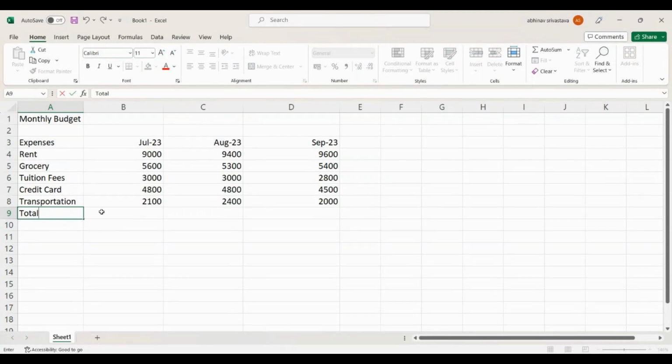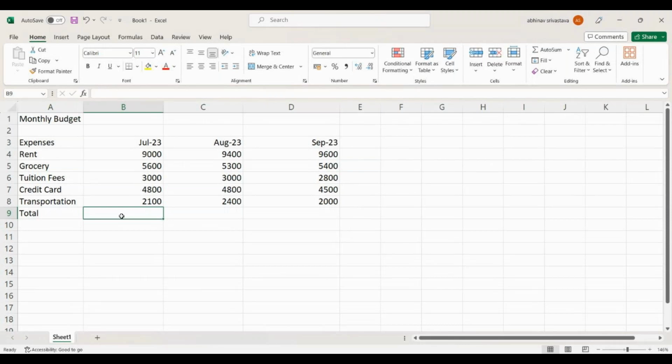So what can I do in these particular cells? I am trying to calculate the total here. Whenever you try to perform these kinds of operations, functions and formulas are very important. First of all, let's start with formulas because that is the very basic. Formulas are very basic in data analytics. If you want to analyze any of your data, you should know how to integrate any kind of formula, and then we will use functions as well to